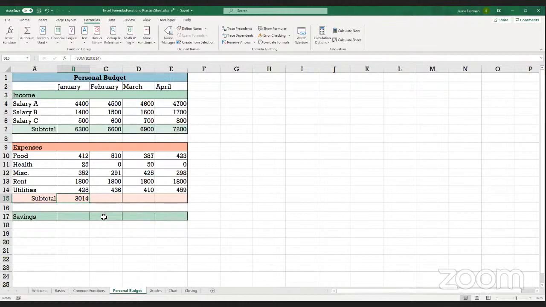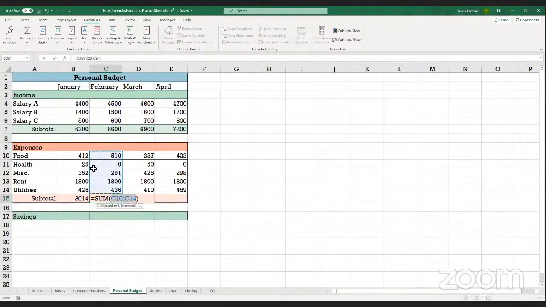Another option that I have is what's called the auto sum feature, which works if I'm doing just addition. And that's going to be the button up here on your toolbar that is right next to insert function. You've got your auto sum here. When you click on that,